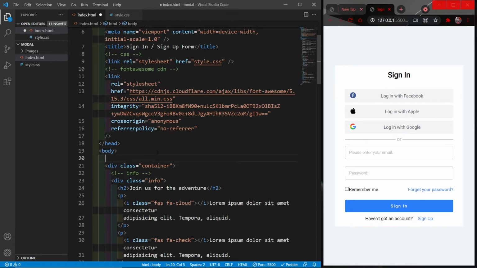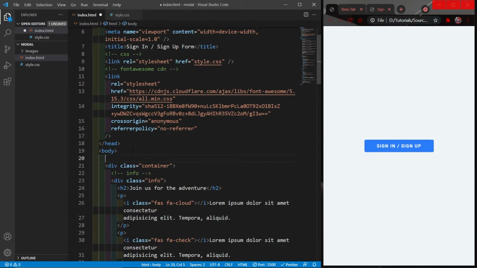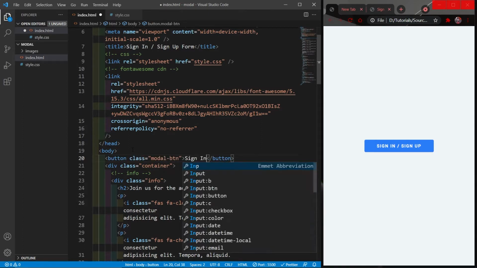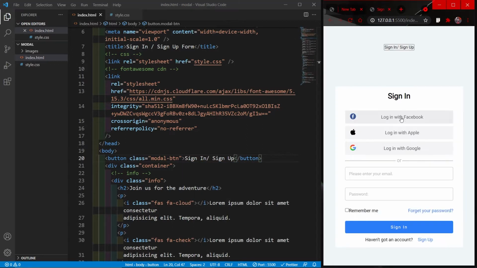So the first thing I will do is create a button here, the sign in button. So I will give it a class of modal-btn, and the text inside will be sign up. Let's save and see. So we have our button.